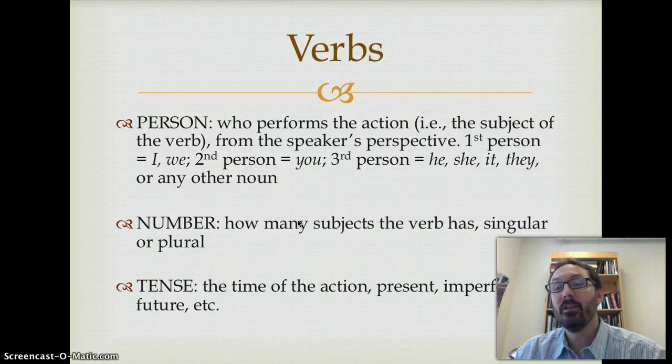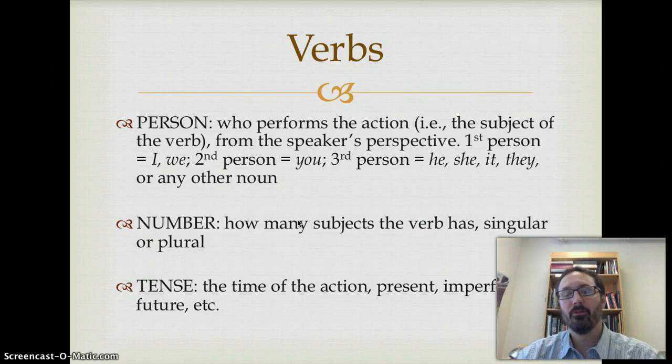Third person would be someone other than the speaker or the listener in a conversation. So if I'm speaking to little Timmy, then the third person would be used to refer to anyone else other than myself and Timmy. So he, she, it, they, if they are plural, or any noun really, whether singular or plural. So a monkey, the Pope, Batman, a pack of wolves, whatever, would all be they. They would be third person.